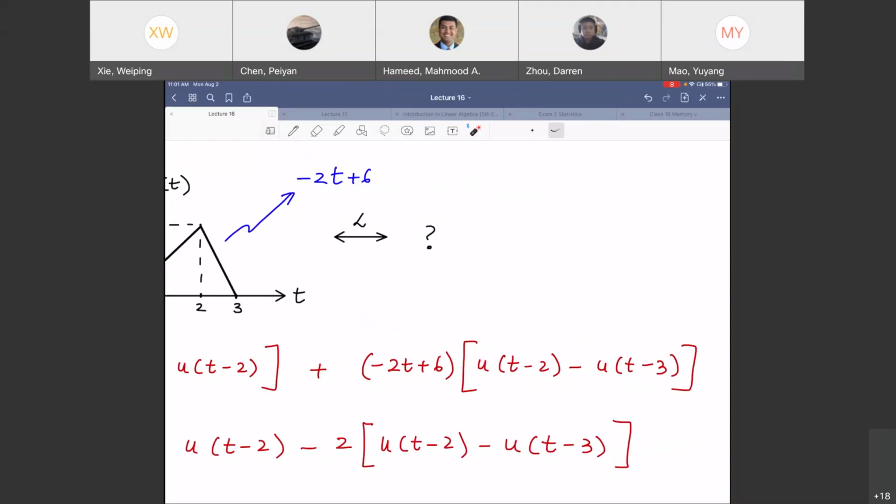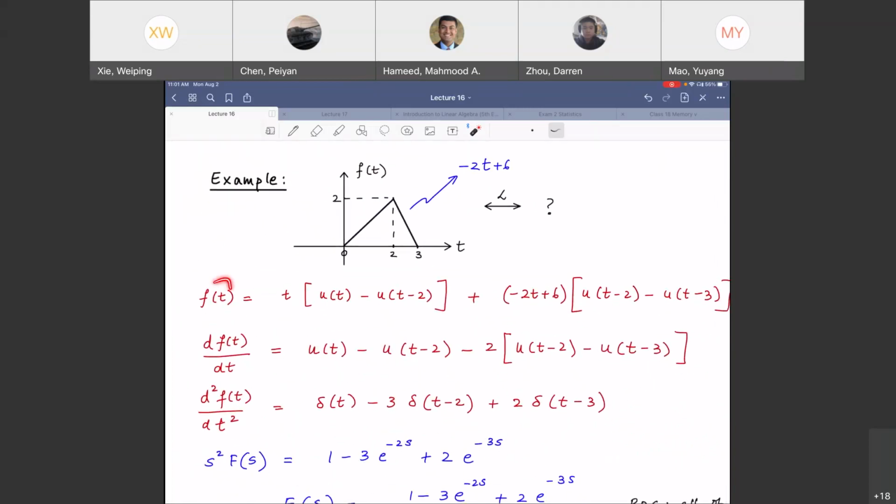And now you have a function f of t that has t's, u of t's, and all that, and you're trying to find its Laplace transform. You could actually do this directly as well. We know t u of t, so we could have done it directly, but we'll try to do it with the derivative property.